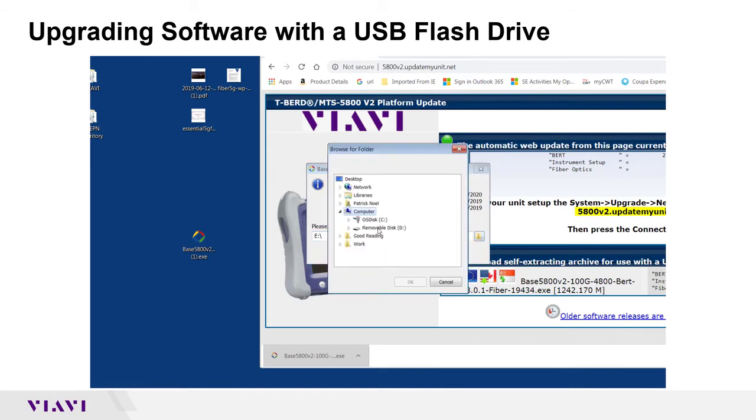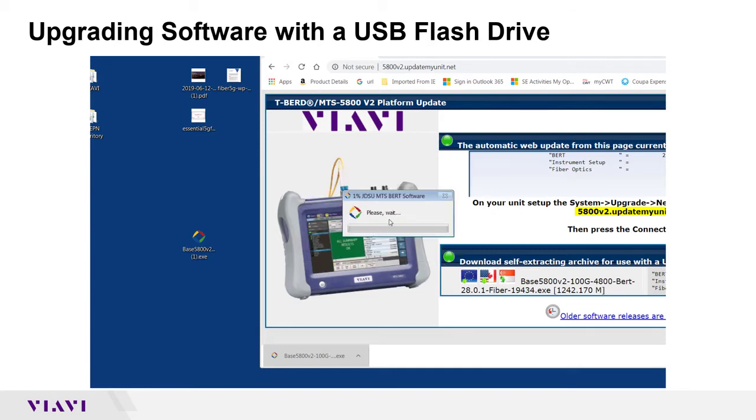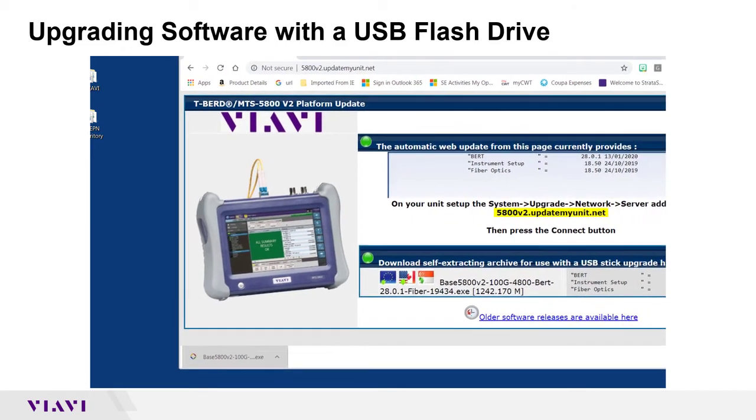The file currently is on this removable disk here, so I just click OK. Then it's going to extract all the required files from the exe file onto the USB stick so that I can use it on the 5800.